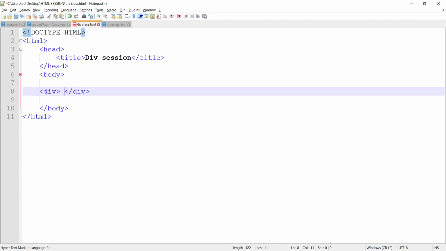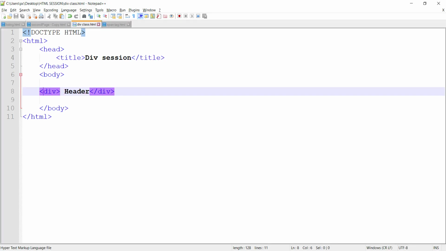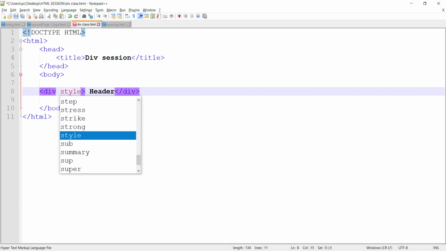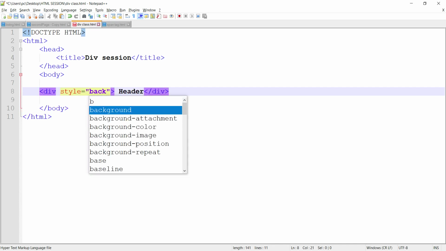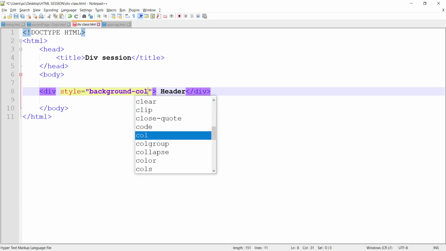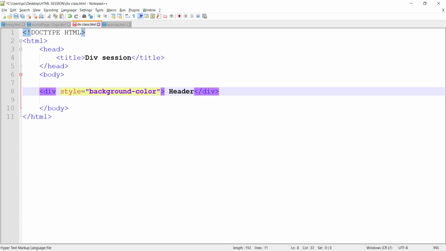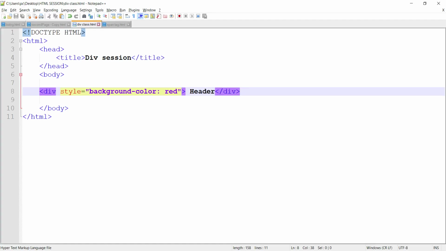Let me give the div heading first: header. Simply type header. If you run this, the header is coming, but let me decorate this with style. By default it is taking 100% width. Shall I show you? You can see here, the total 100% of the screen it is taking, right guys? Now I am giving some padding here,